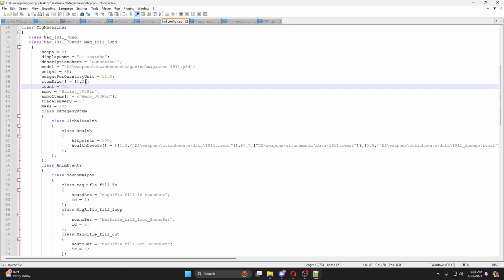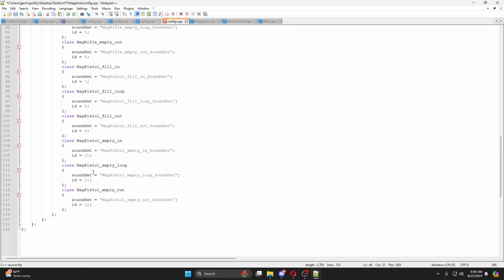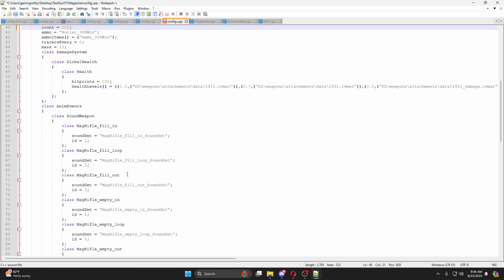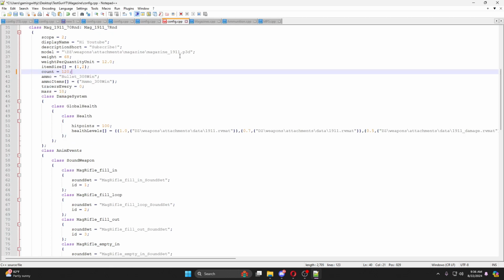Like I said, you can change the weapon count. If we want this to be 120 rounds, we would just make this 120. And now it'll hold up to 120 rounds inside the little tiny magazine. These are the sound sets for basically what it sounds like when your mag is being filled and when your mag's being emptied, so on and so forth. If you want to change the way the gun sounds itself,